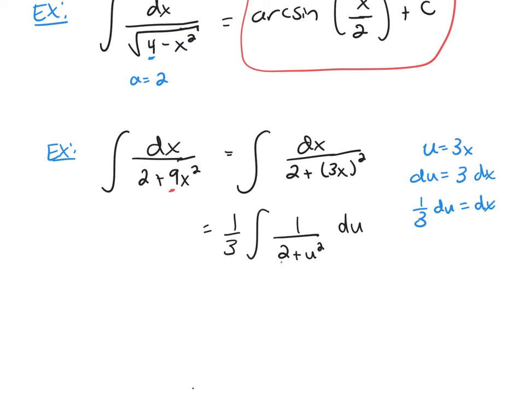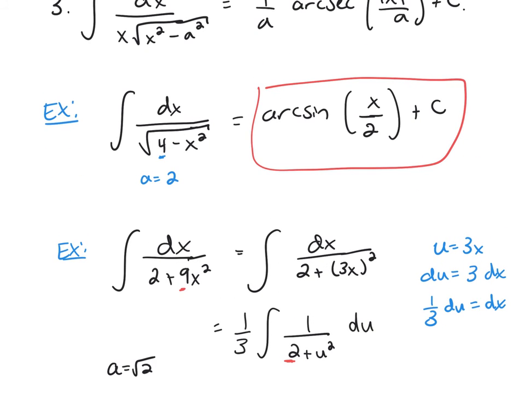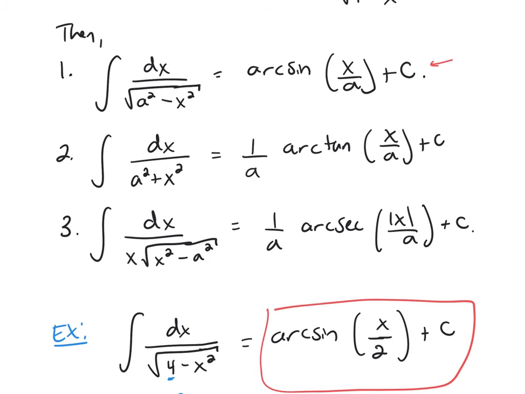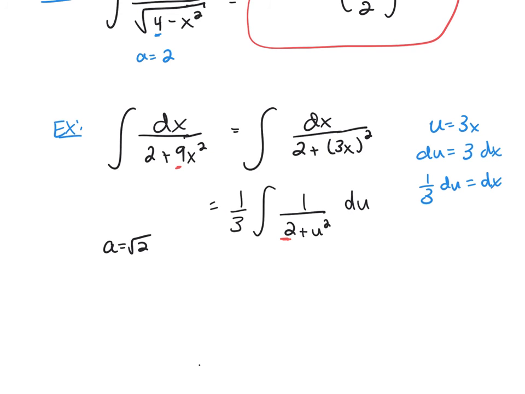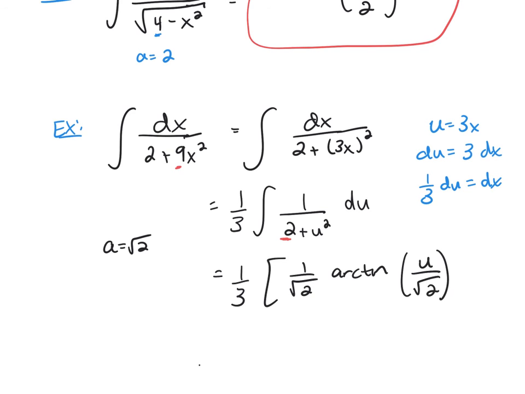So if I look here, that's a squared. So a would have to be the square root of 2. And if you look back, this one doesn't have a square root in it, so it matches up with our second one. So we're going to plug in to our formula. So I have 1/3, and then here it's 1 over a, 1 over the square root of 2, arctangent, and it's going to be u over a, u over the square root of 2,